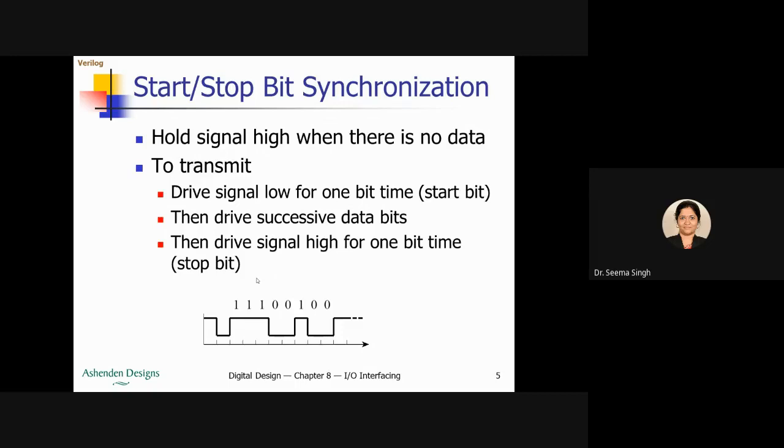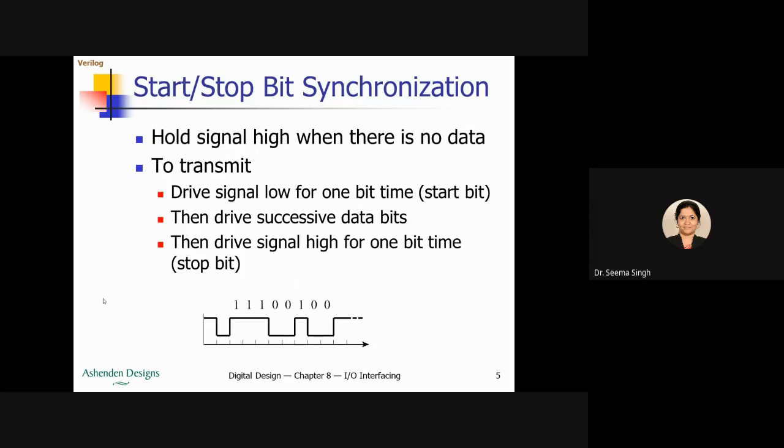Why are we doing all this? We are simply talking about various ways of transmitting data by synchronizing transmitter and receiver. When we have to transmit the next piece of data, again we will start with the start bit. Otherwise, we keep the signal high if there is no data ready to transmit. At the receiving end, the receiver monitors the logic level on the signal.